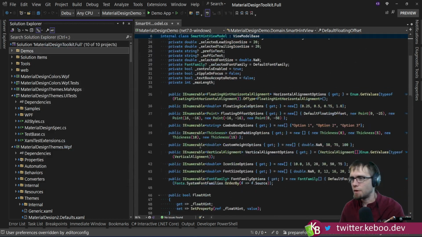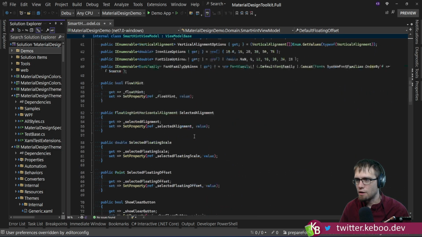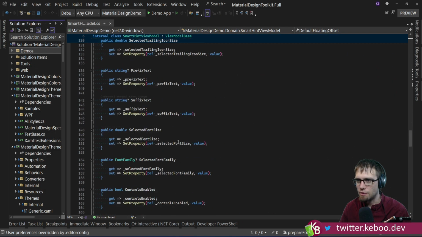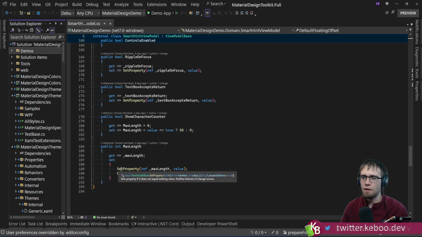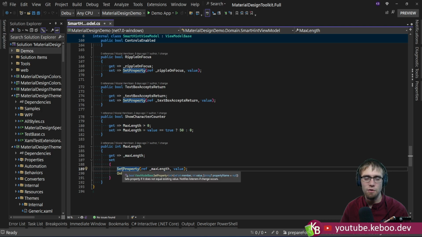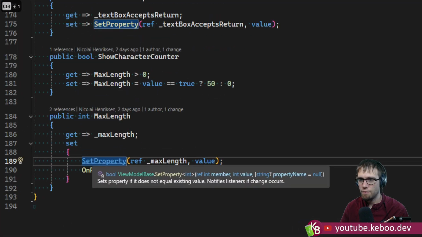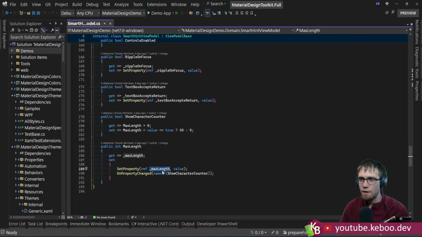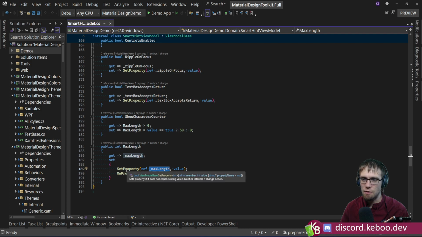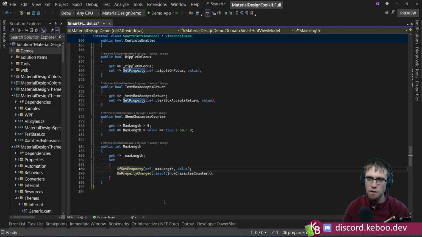We're just going to clean this up in here since I know Nikolai already knows all this stuff, but it's the demo app, so sometimes it gets treated a little less useful. So a slightly better thing, you'll note the set property method returns a Boolean, right? So this Boolean indicates whether the value changed or not. So if this guy returns false, we probably don't need to raise property changed here. So slightly better